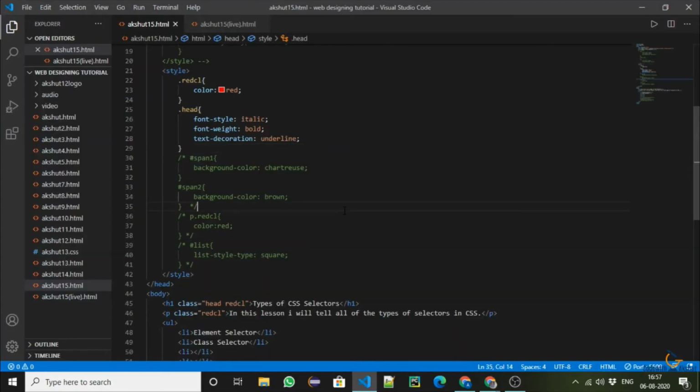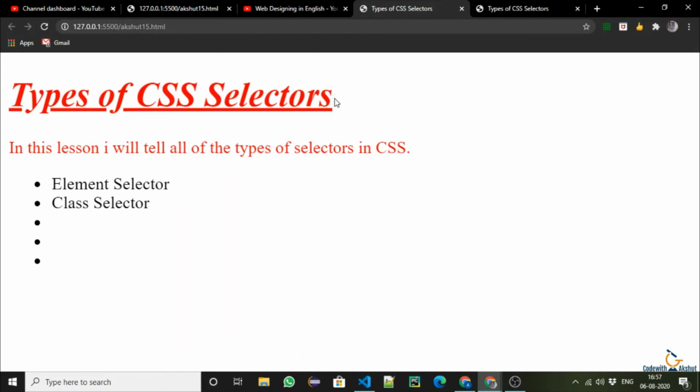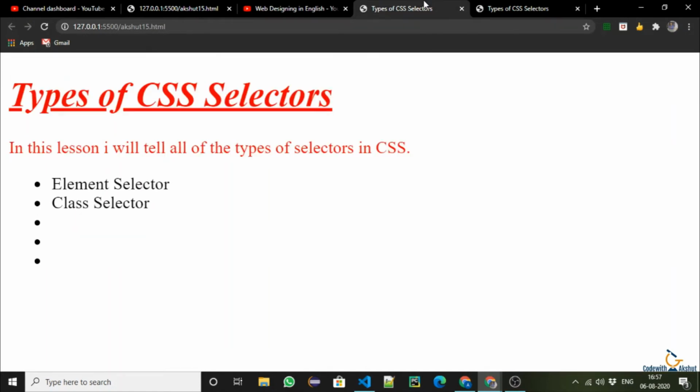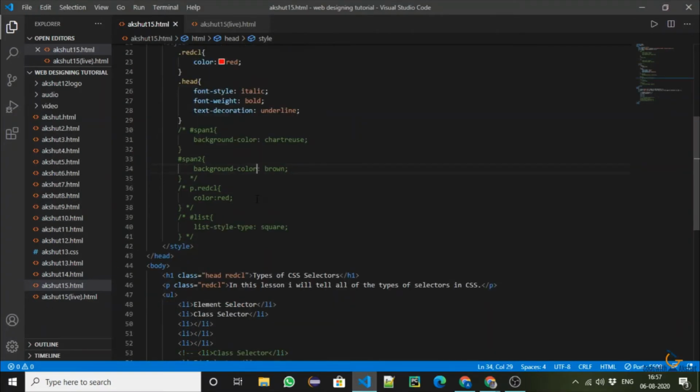So if an element would contain these both, then these four codes will be applied, as you can see here. Okay, so here is what we made in the live video. Now I hope you understood this class selector.